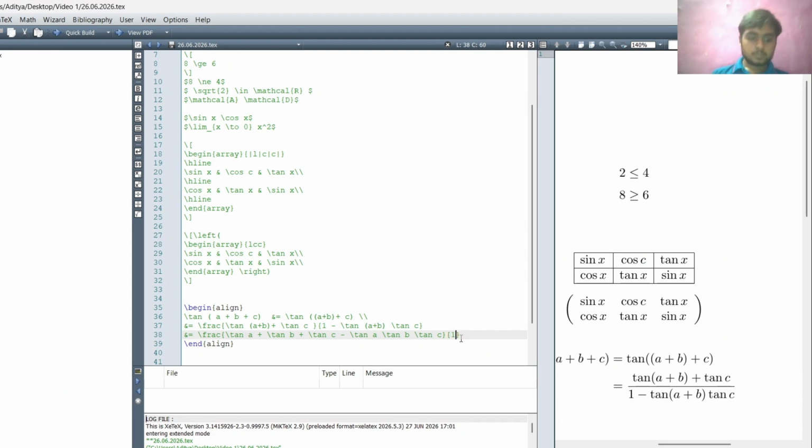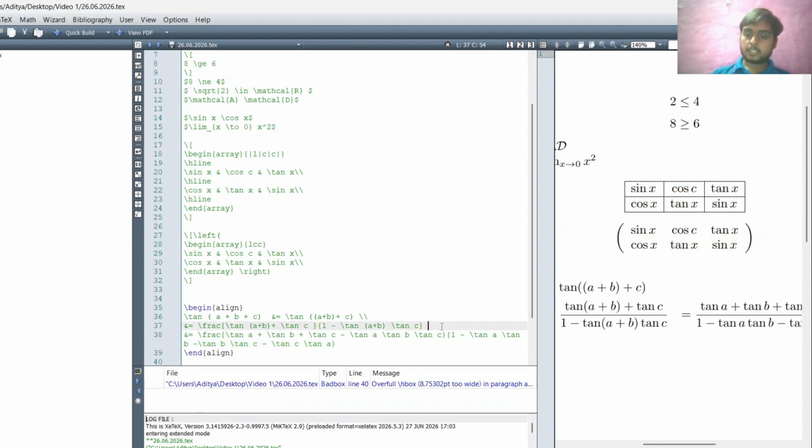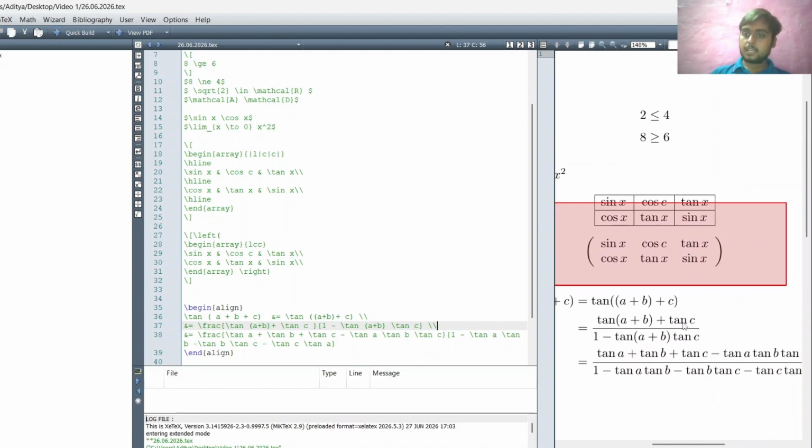So 1 minus tan a tan b minus tan b tan c minus tan c tan a. If I needed a line break, I need to print a line break over here, then I'll get this alignment.